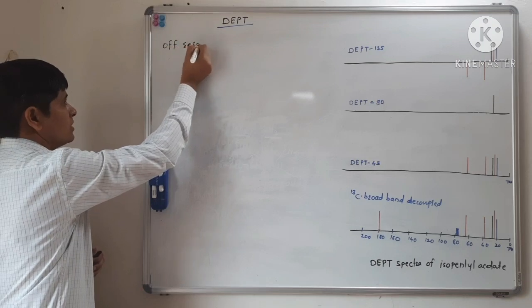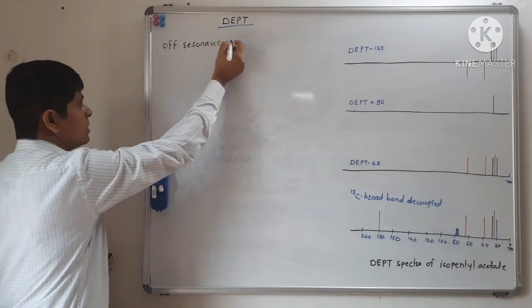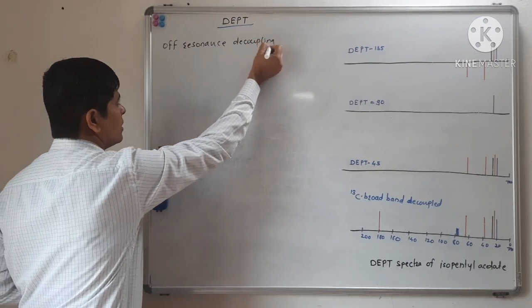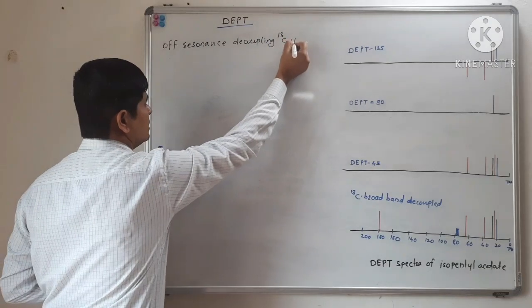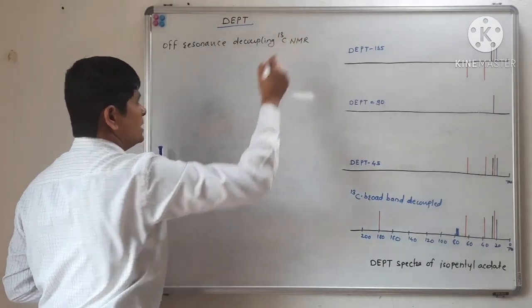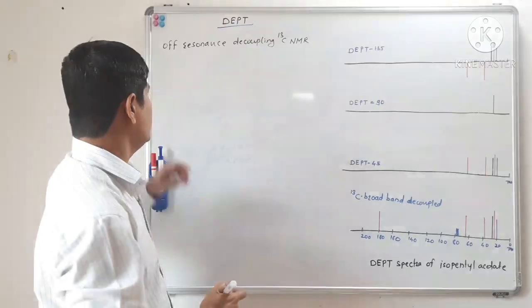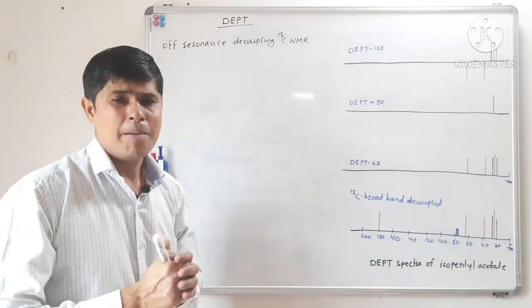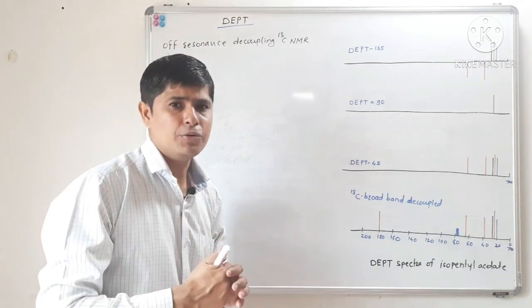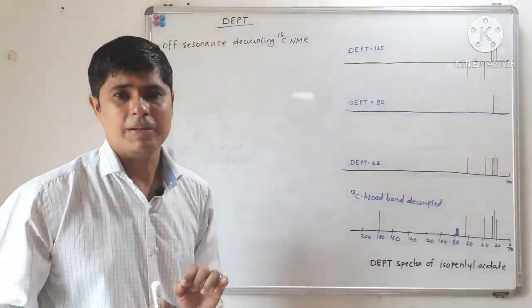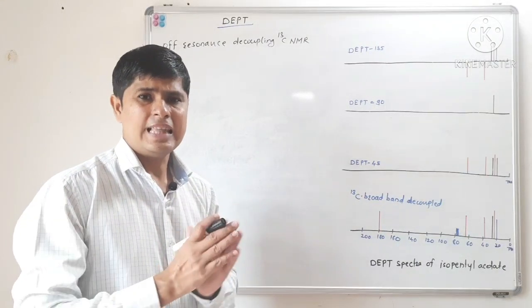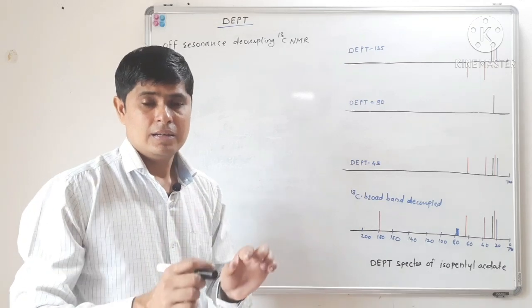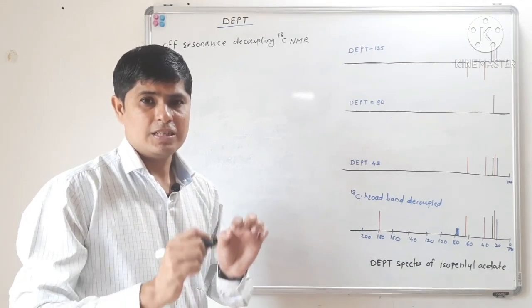off resonance decoupling carbon 13 NMR. In the previous lecture we have seen off resonance decoupling carbon 13 NMR. Why am I reminding you regarding this off resonance decoupling carbon 13 NMR? We have seen that the spectrum of off resonance decoupling carbon 13